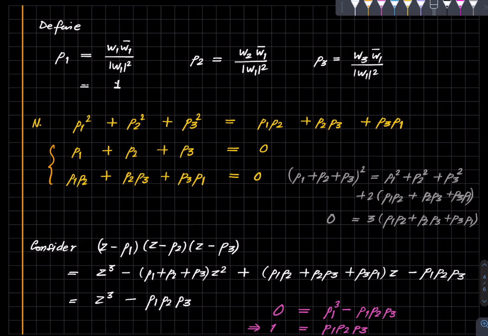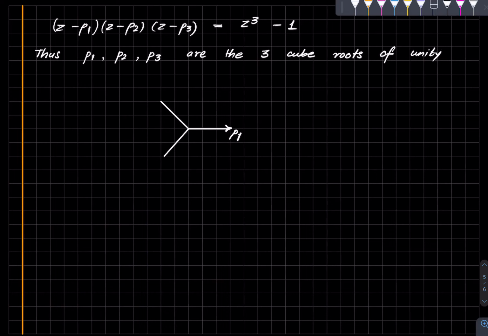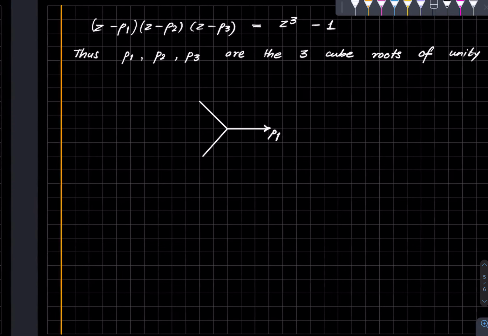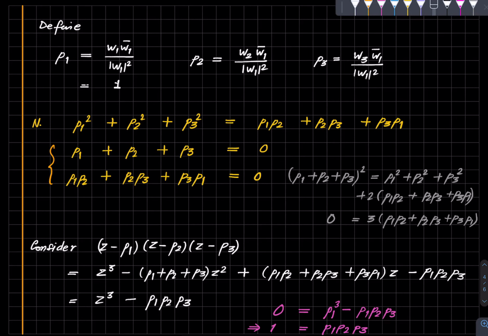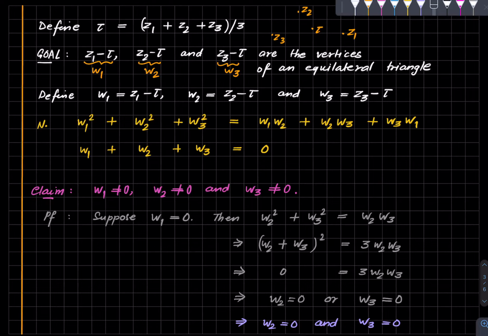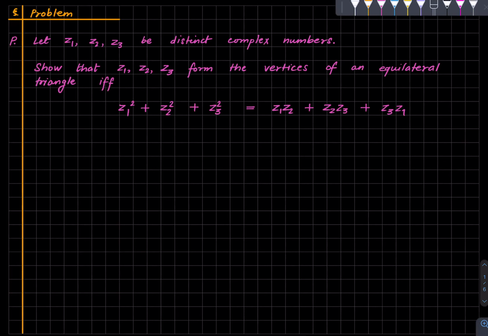So w1, w2, w3 are obtained by rotating and scaling p1, p2, p3, and hence the equilaterality is preserved in that process, and therefore we are done. So writing all that is not going to help, and hence I skip that writing, and I hope you follow everything. So this is a very nice proof of this fact that this algebraic condition implies a geometric condition, and